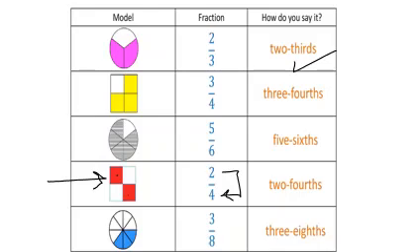Now the last diagram, we have 8 equal parts. You can count them very easily. 1, 2, 3, 4, 5, 6, 7, and 8. So 8 equal parts, and we only colored 3 out of 8 in blue. So this is 3/8. So as you can see, every time the denominator, for example, if we have 8, we